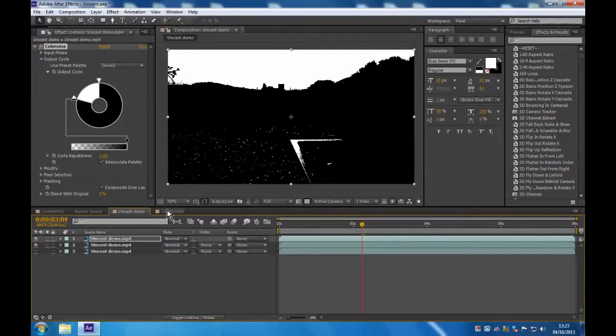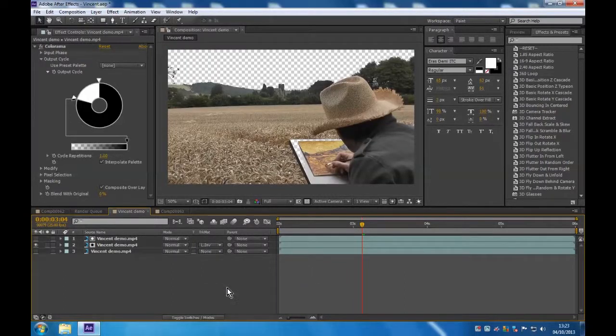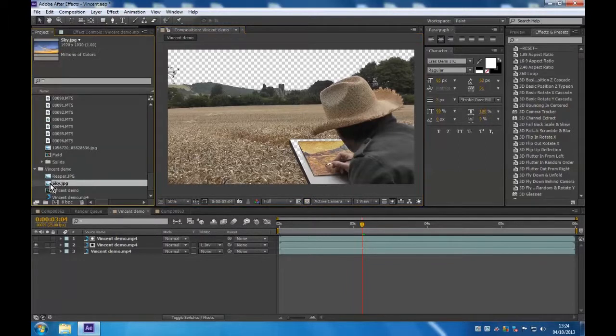So I'm going to go now to the layer just underneath the matte and choose Luma Inverted Matte, and that immediately gets rid of the sky. The checkerboard of course is to indicate transparency. So now we have a lower area which is just as it was before, and an upper area which is transparent. The next stage is to add a suitable sky, so I'm just going to choose a photograph,